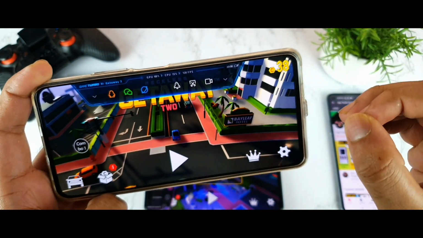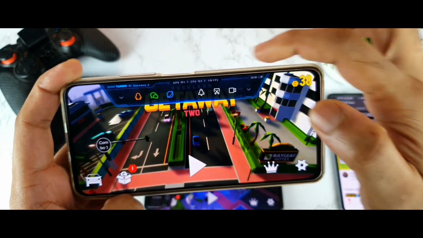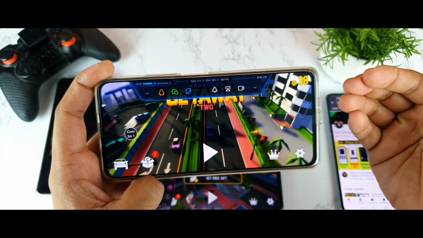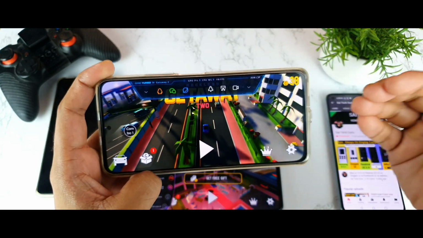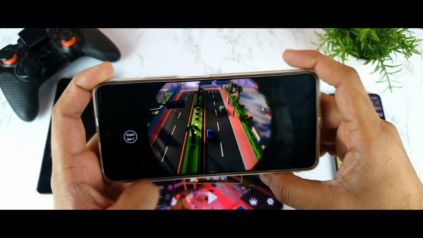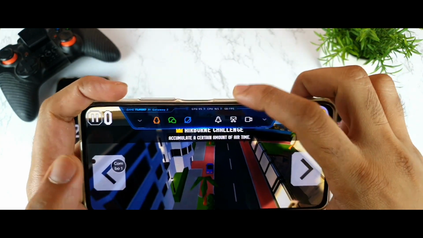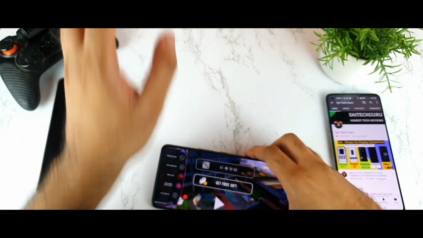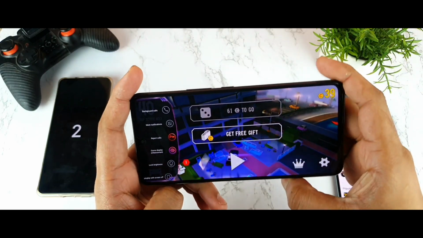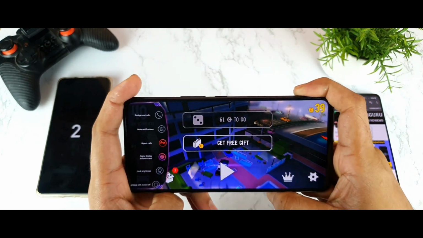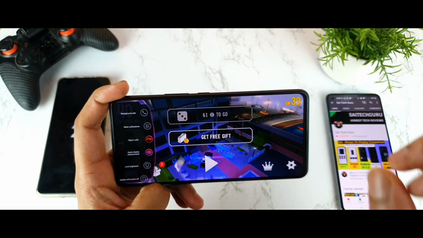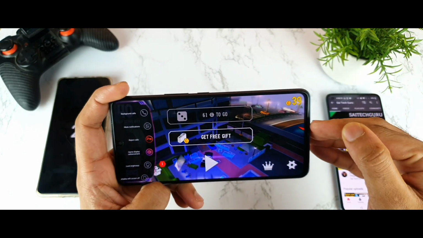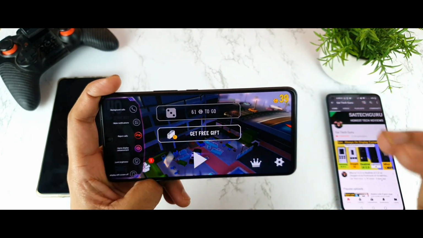In this way you'll be able to get to know which games actually support 120 fps, which support 60 fps, and which support 90 fps. Right now you can see, friends, this is a game which I was able to play at 120 fps. But if you want to know the same thing on the iQOO 7 device, you need to use a third-party FPS meter, which is really a headache, I would say. So that's the second thing I'm really interested to see in this iQOO 7 device, in terms of having the FPS meter.